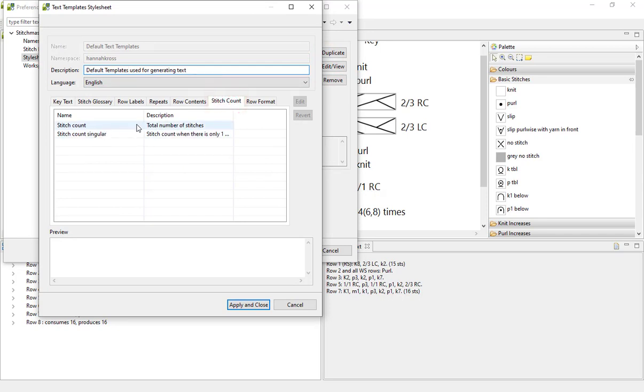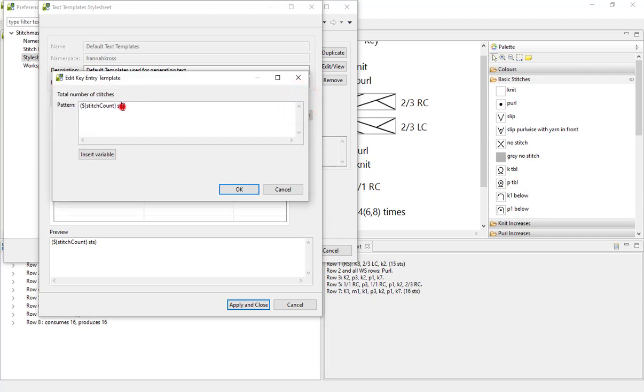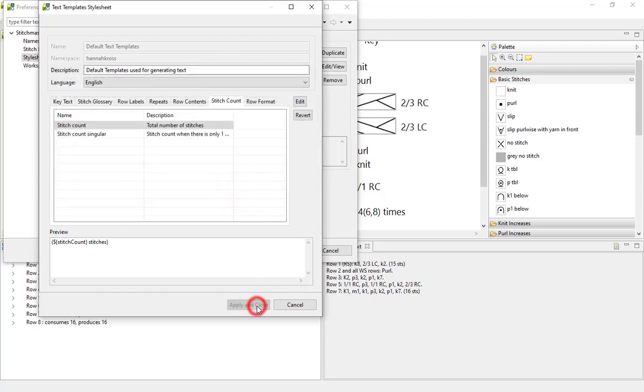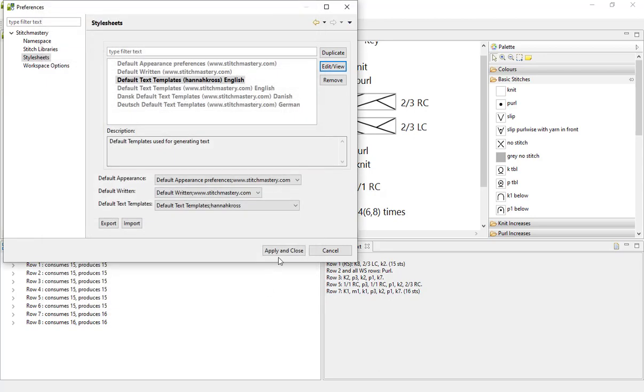And the one we're looking for here is stitch count for the total number of stitches. Here's our preview of what that looks like. And if we click on Edit, we could change this to say the full word stitches. Click on OK, and I'm going to click Apply and Close, and Apply and Close again.